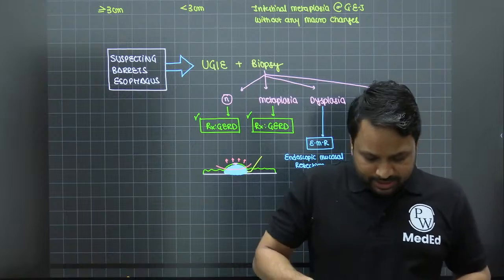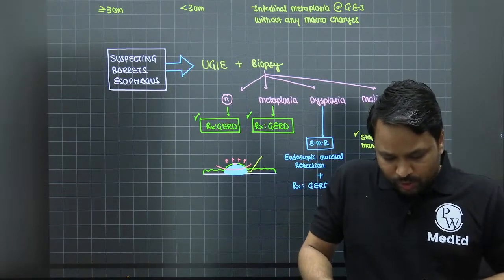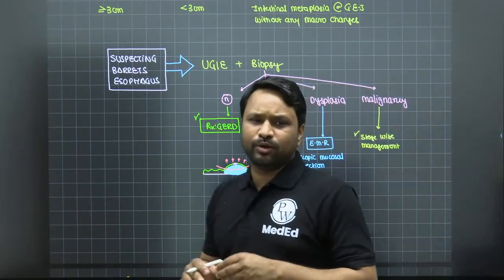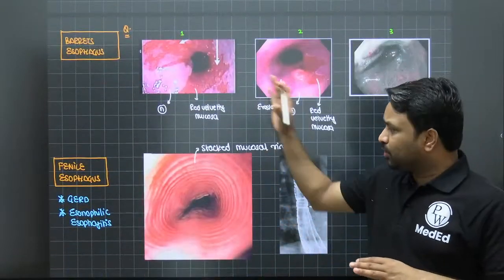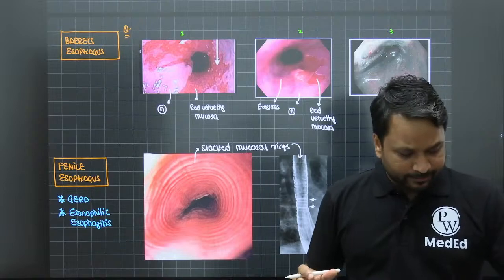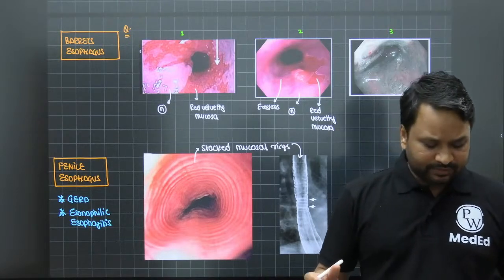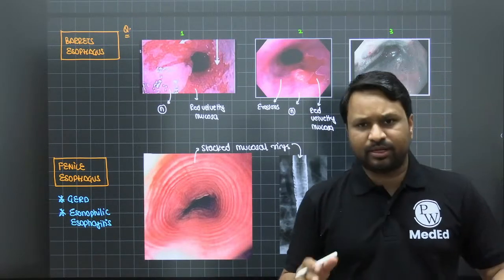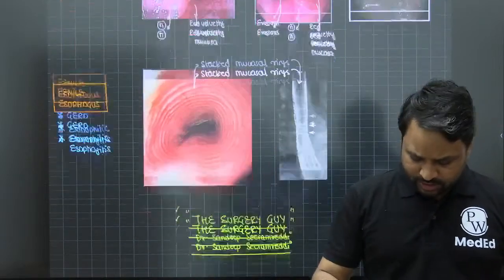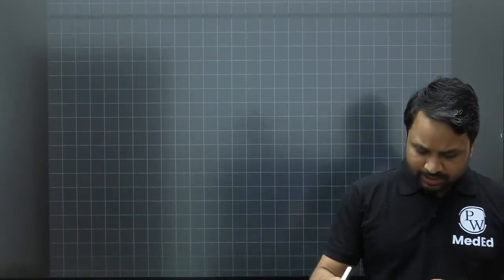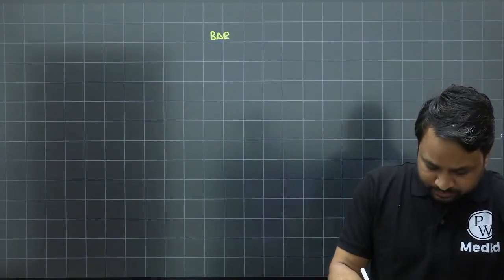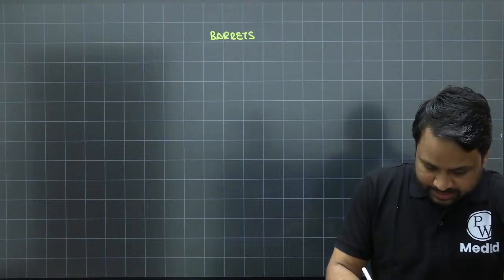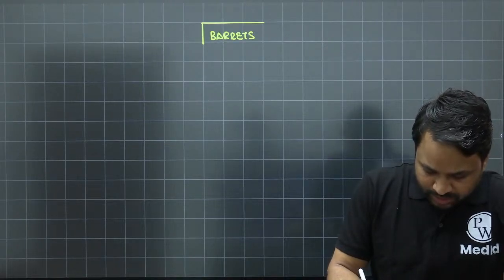Okay? Yeah, let's continue. So yesterday when we spoke about it, we spoke about Barrett's esophagus. We spoke about how you diagnose it and what interpretations you can get on Barrett's esophagus when you're doing an upper GI endoscopy. Now, another very interesting thing is an algorithm for how you approach a patient of Barrett's esophagus. There is a small algorithm given in Bailey and Love as well. It says any patient who is suspected to have Barrett's,